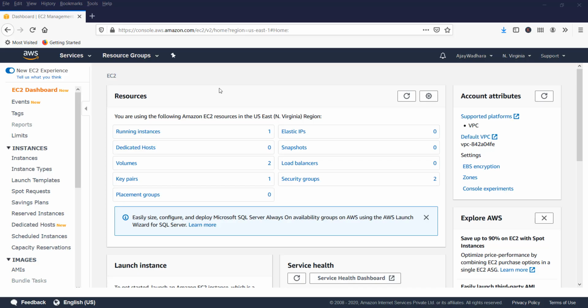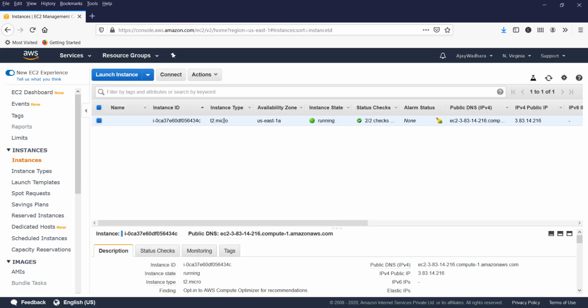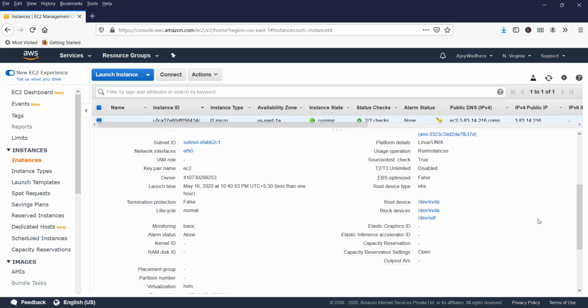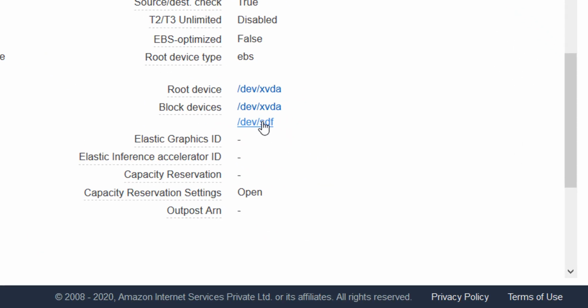You can also verify the same by going to your EC2 instance. So I'll click on my running instances. If I select my instance, if I go to my block devices, you'll see I have /dev/sdf, which is of 20 gig. Yeah, this is it for attaching a new volume to our EC2.